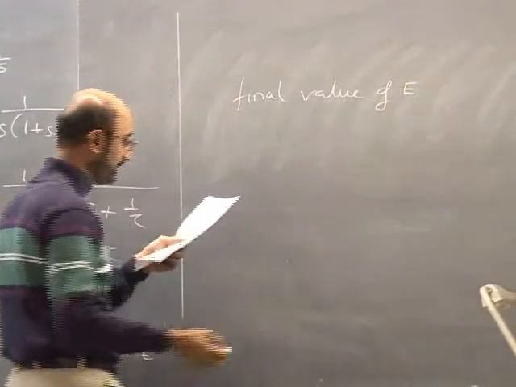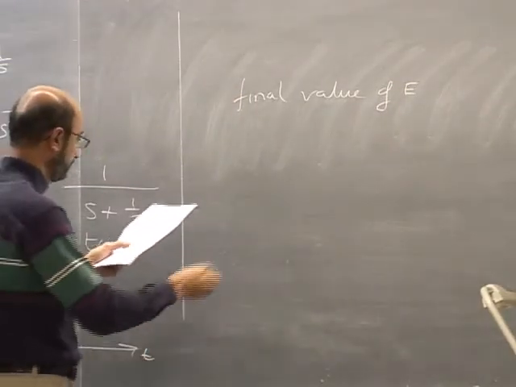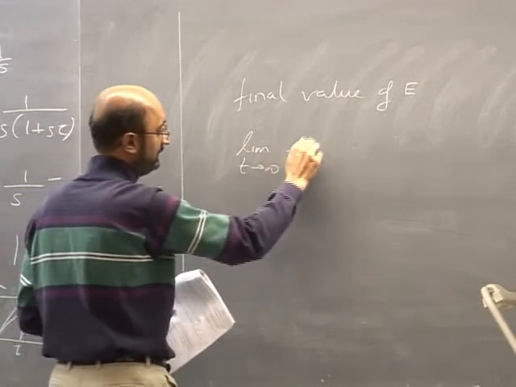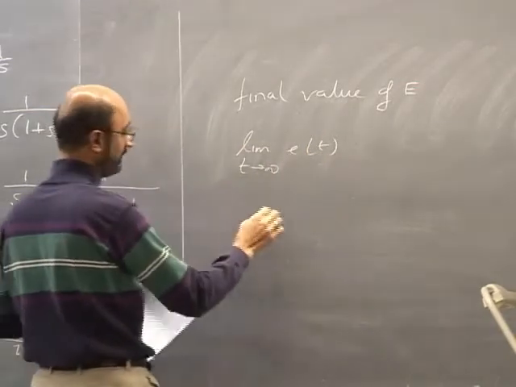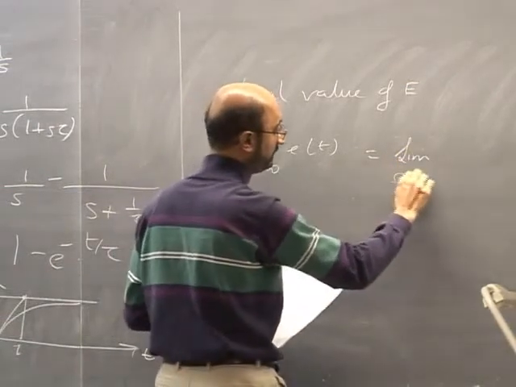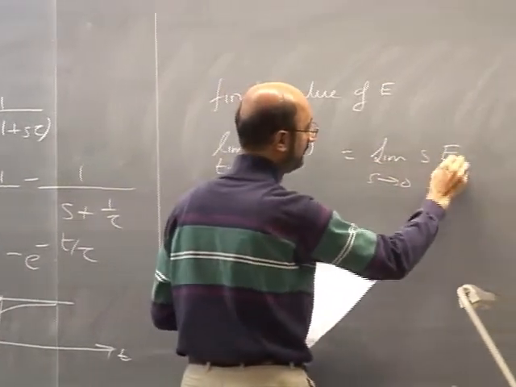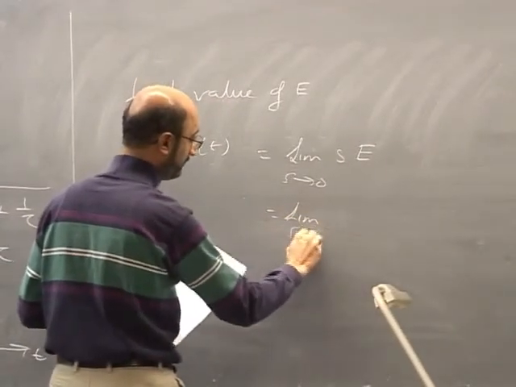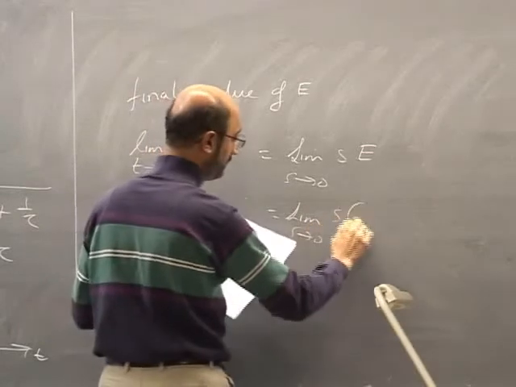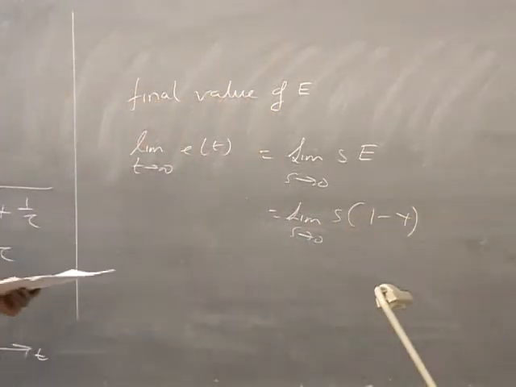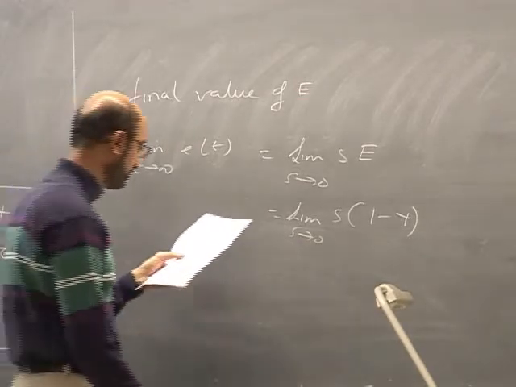And unfortunately there's a typo here as well. So we want to look at the limit as t tends to infinity of E of t, and we can find that using the final value theorem as the limit s tends to 0 of sE, which is going to be the limit s tends to 0 of s times 1 minus y, 1 because it's a step input, and